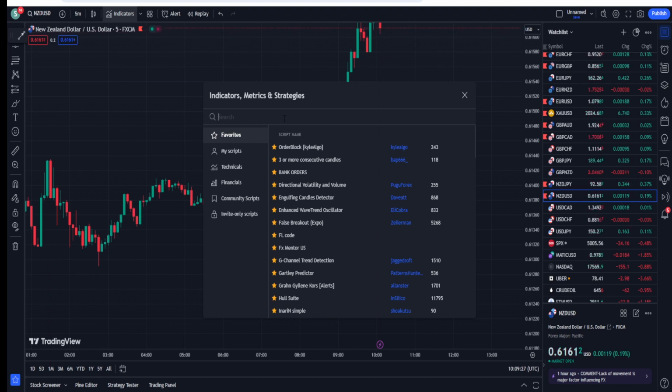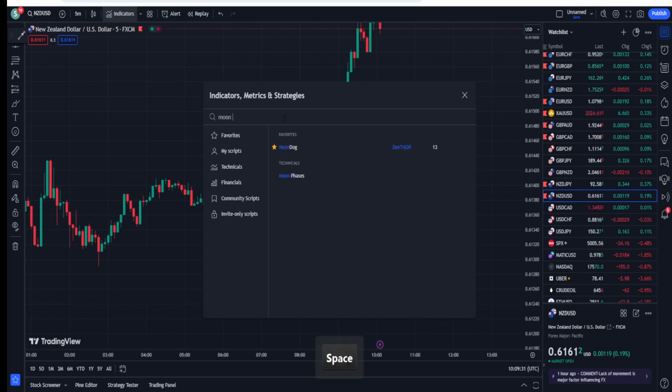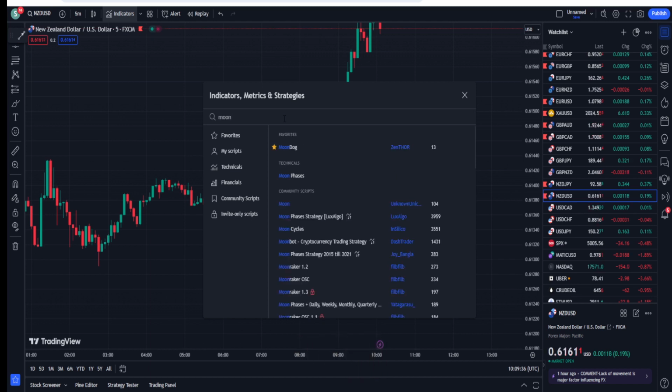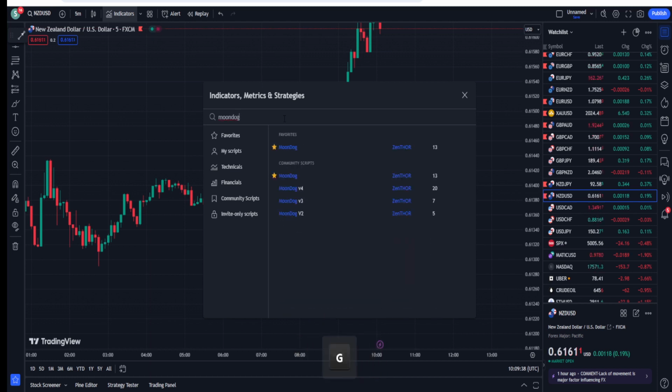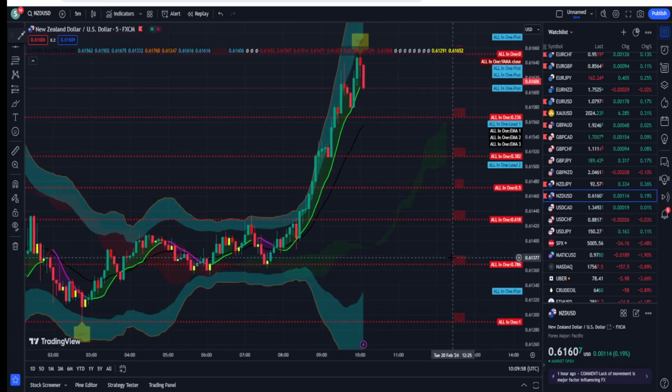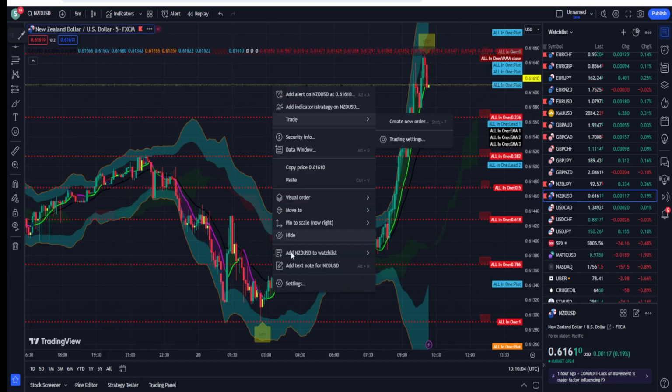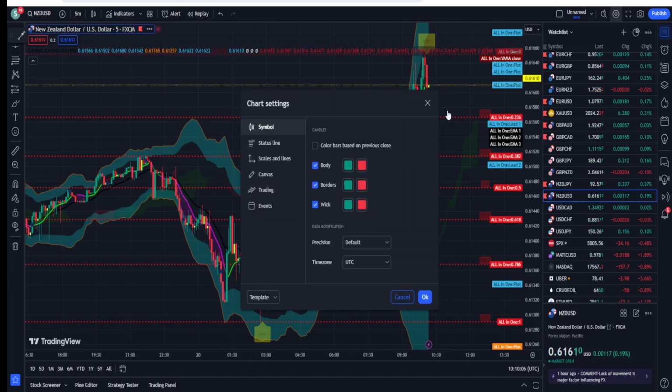Okay guys, so in the indicator section here, you need to write moon, and then without space, dog. Moon dog without any space. If you give a space, then the indicator will not come. The name of the author is Zenthor, and you can see that this is liked by just 13 traders till now, which is a clear message that this indicator is not known by much of the trading community so far. They do not have any idea about this one. So we will go through the settings of this indicator.